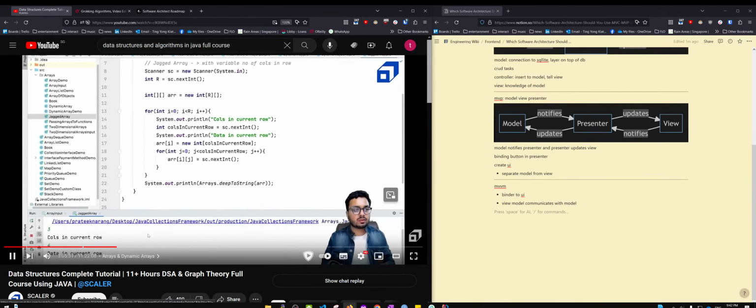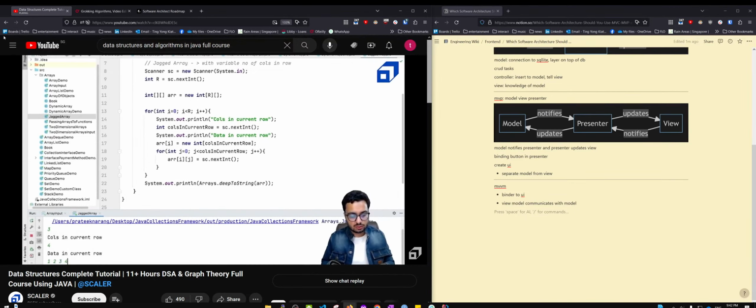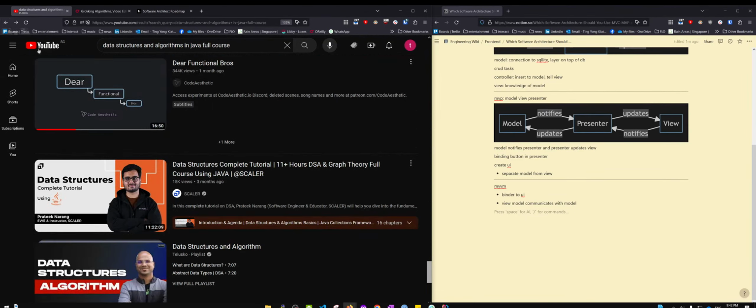Tell me what are the four numbers in that. So let's say 1, 2, 3, 4. Then in the next row,